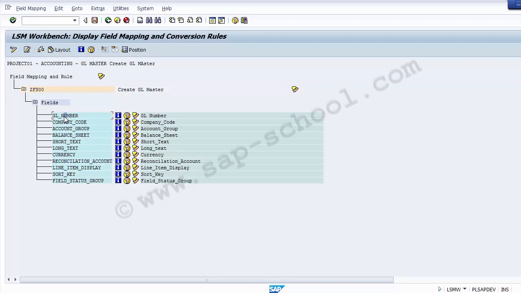All fields of all target structures which we have just selected in the previous step will be displayed over here. As you can see, the different fields which we have just defined in the table are displayed to you. For each target field, the following information is displayed on your screen. One is the field description. Now over here a number of different things are shown. One is termed as your field documentation, another is your